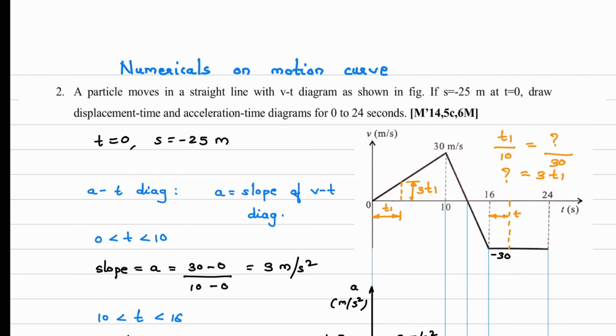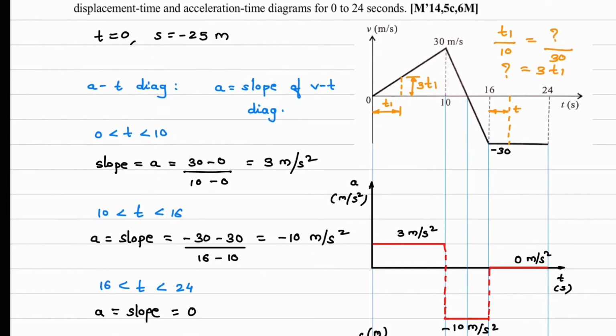So what was our approach? We have been given the velocity versus time diagram. So in order to calculate acceleration, what logic have we used? Acceleration is the slope of the VT diagram. Now whenever we write an equation in terms of slope, you have to write time as in between, because the slope will be constant in between this one.